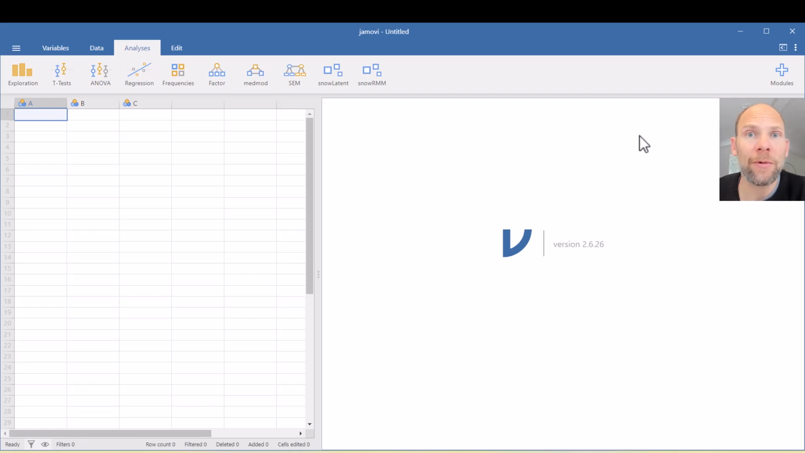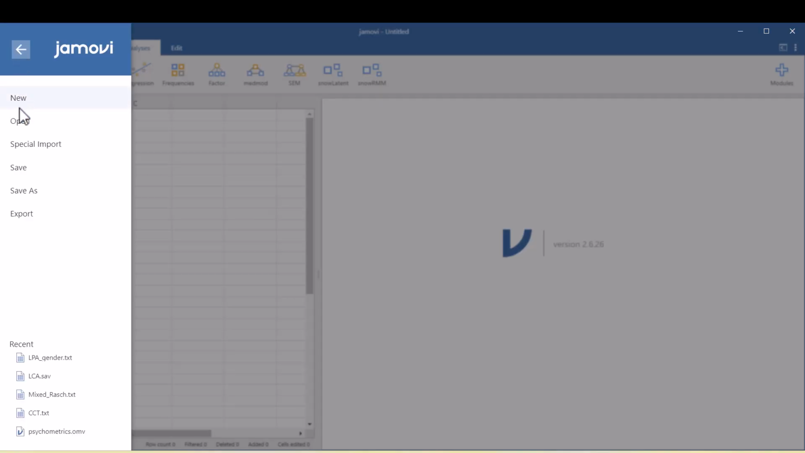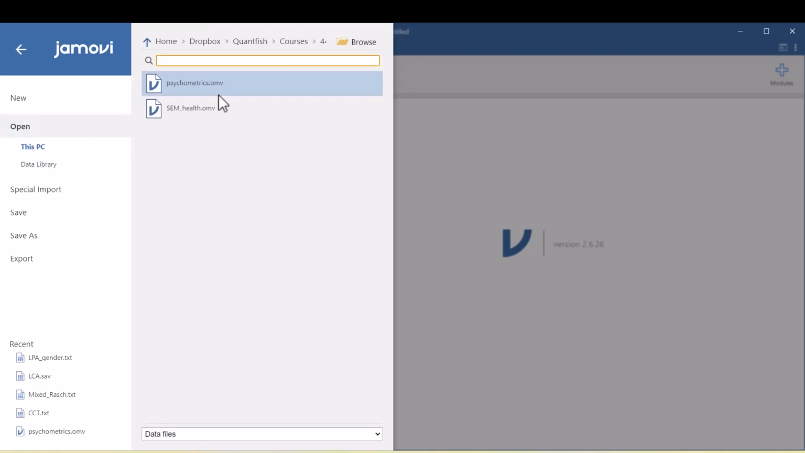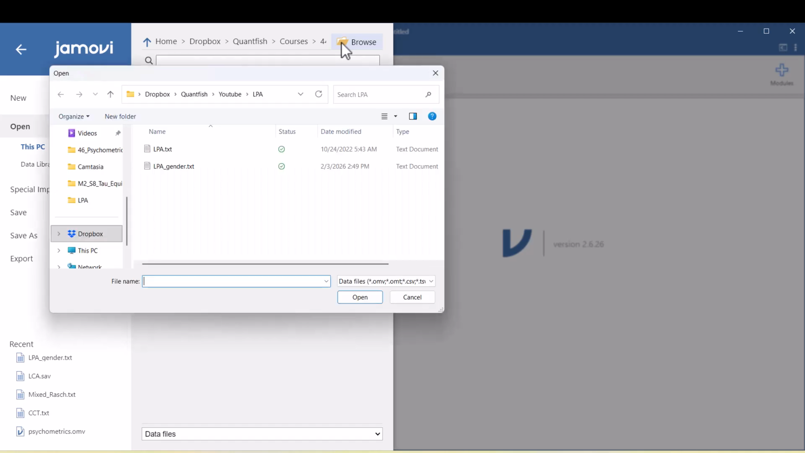So the first thing that I'm going to do in Jamovi is load a data file. And I'm doing that by clicking on the icon in the upper left-hand side corner. And then I'm going to go to Open. And so here I can browse on my computer the folder where I have my data file. In this case, I'm going to open this data file